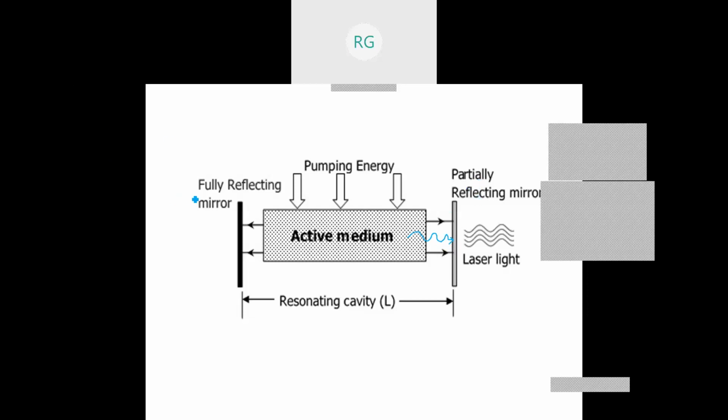Here is fully reflecting, meaning light cannot come out of this mirror, but light can come out from the partially reflecting mirror only. So once a photon is released, it goes and hits this mirror and gets reflected. While reflecting back, it goes through and hits here and takes another reflection. So during each reflection,